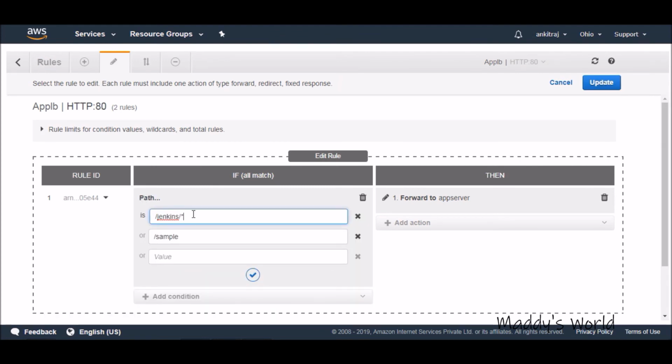I would say /Jenkins star, /sample star, and again update it. Let's validate now.